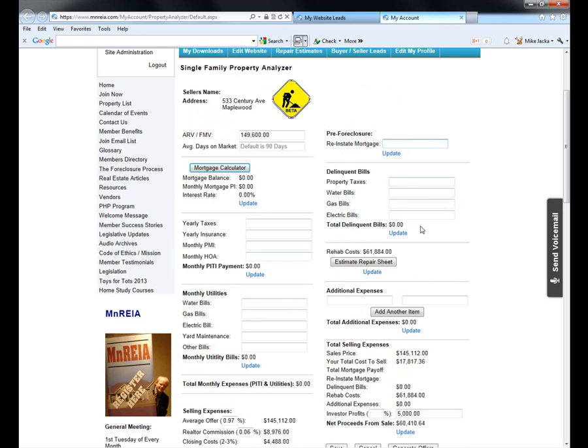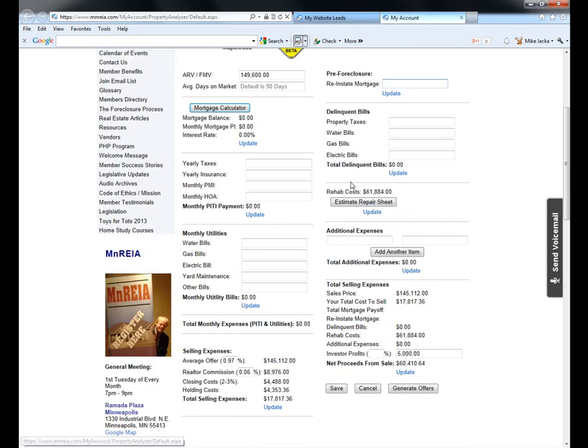Are they behind on bills, utility bills? Here's the repair estimate worksheet. We have the ability to go back in and do that. And then they can add specific items that are not in this list, and it's going to generate a seller net sheet. And a lot of times we'll use this ourselves to point out to an unrealistic seller where maybe